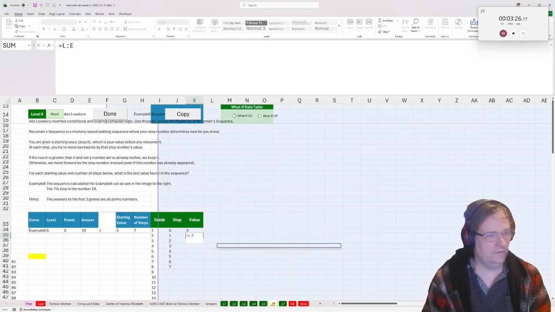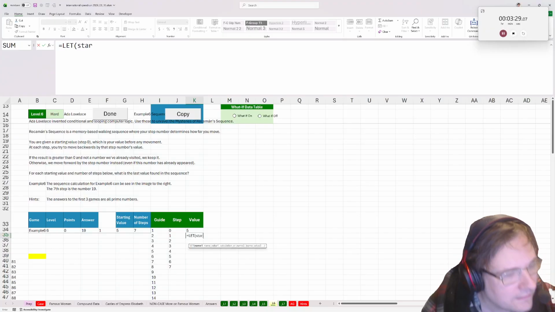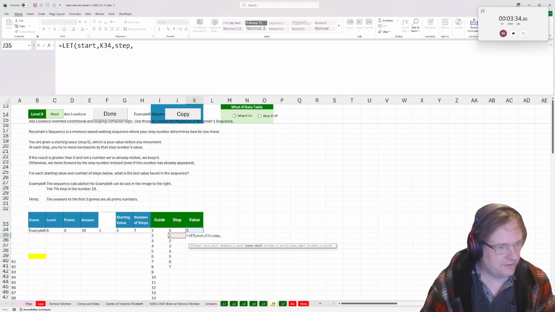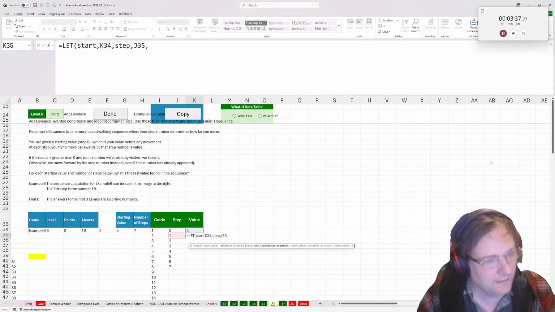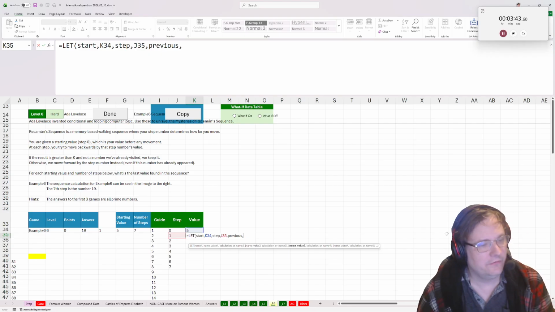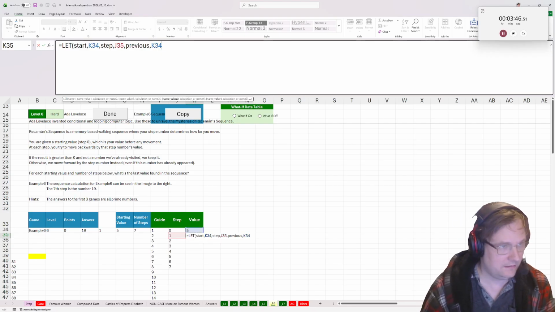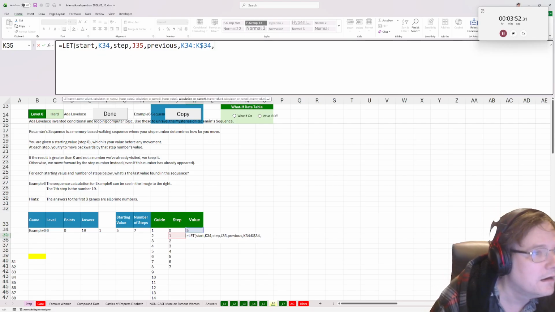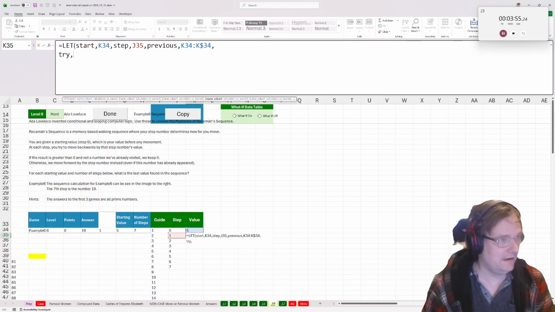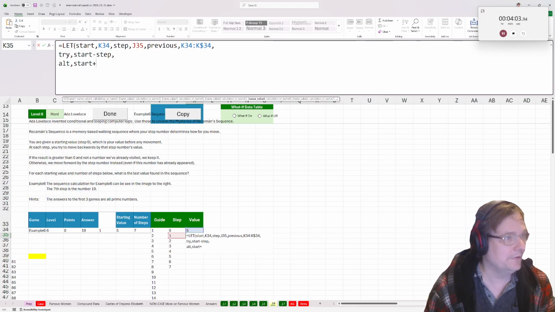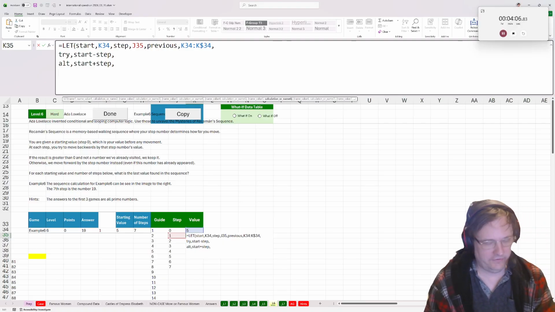So now we'll do a little LET formula here. So starting value is here. The step number is here. The previous values are all here, right? So to K$34. I think that's probably enough, right? So we try to go to start minus step, and then the alternative, if we can't go there, is start plus step, right? And then the rules are, so IFS,